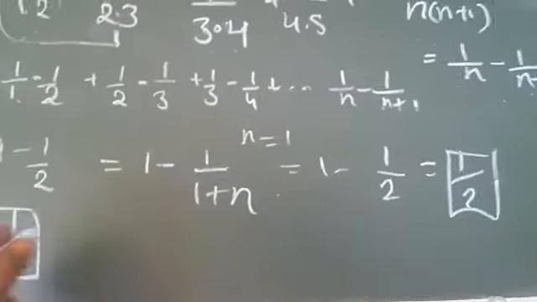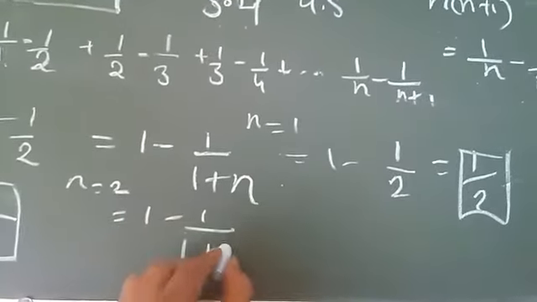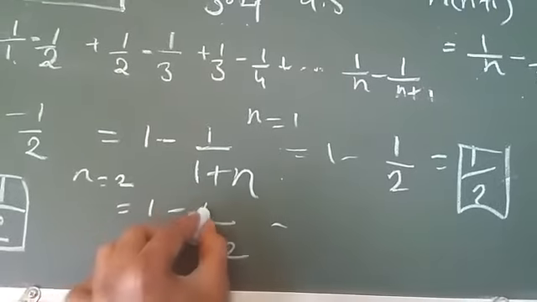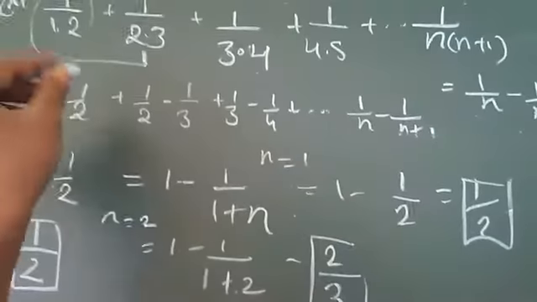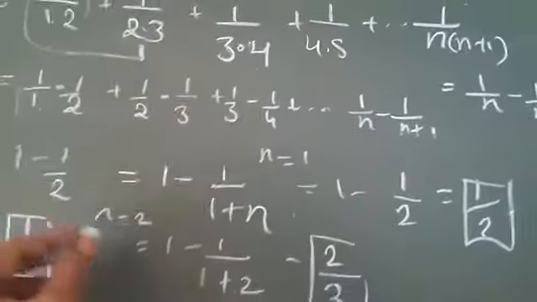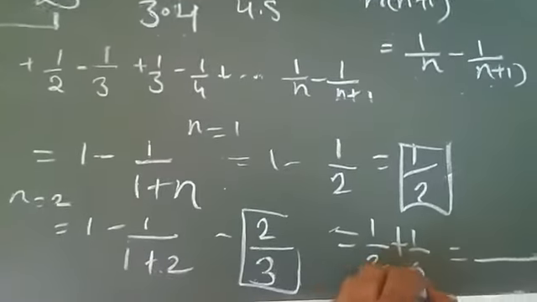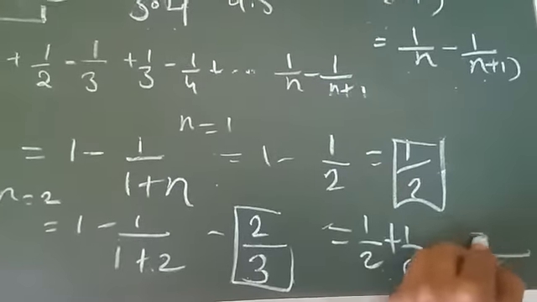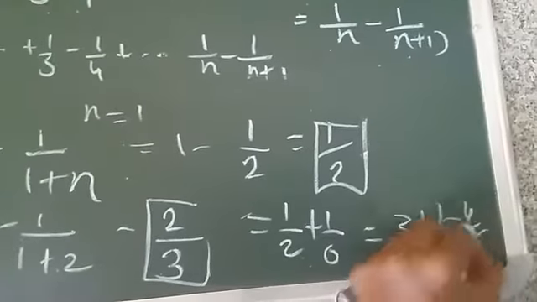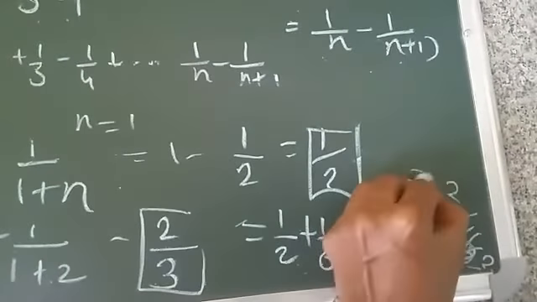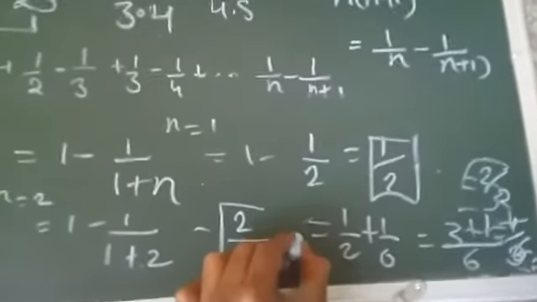So let us check with the other term, n equal to 2. If n equal to 2, 2 by 2 plus 1, 3. 2 by 3 is the answer of first 2 terms addition. Let us add first 2 terms 1 by 2 plus 1 by 6. The LCM of these 2 terms is 6. 2 3s are 6. 6 1s are 6. 4 by 6. 2 2s are 4. 2 3s are 6. 2 by 3 is the answer of first 2 terms. You got the same answer, 2 by 3. Right?